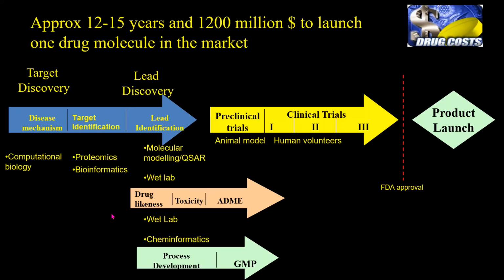Whereas once upon a time, they identified a few molecules which worked very well in the lab. They went to the animal studies and then it did not work, so a lot of money was lost. Or they worked in animals, but when they took it to humans, it did not work because of some poor properties, and a lot of money was lost. So it is very, very important to simultaneously look at the drug likeness properties when you are working on the activity part of it. That's very, very important.